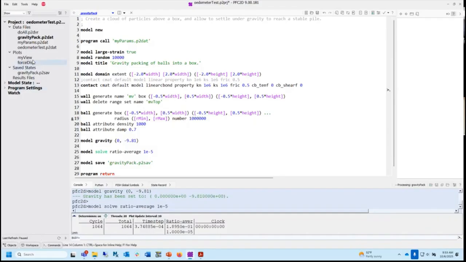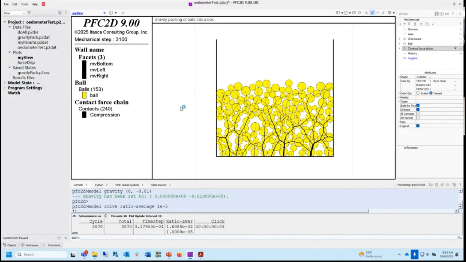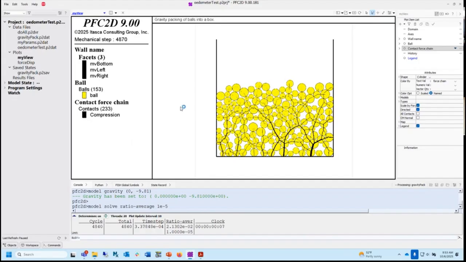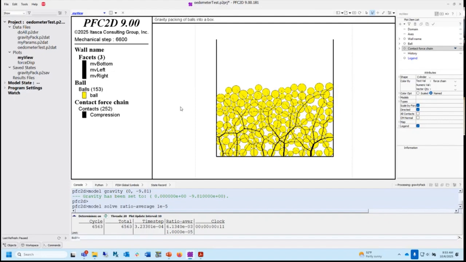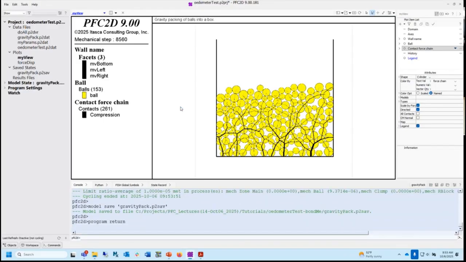So we'll run this and watch. This should give us exactly the same answer as before, because by default it's always unbonded. It doesn't get bonded unless you give a command to make it bonded. Let's see if we got what we think.